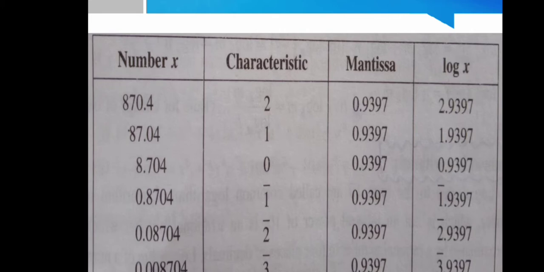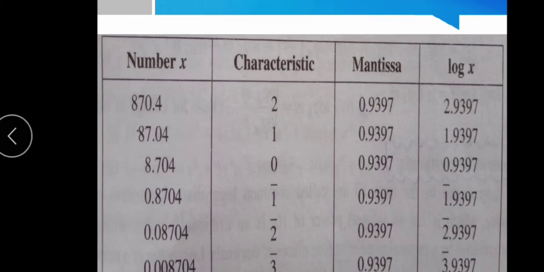Some numbers are given in the table. Let us revise our concept of logarithm of a number. Suppose a number 870.4 is given. There are 3 digits in the number and this number is greater than 1. So 3 digits minus 1 is equal to 2, the characteristic of this number, and the mantissa is seen from the log table as 87th row